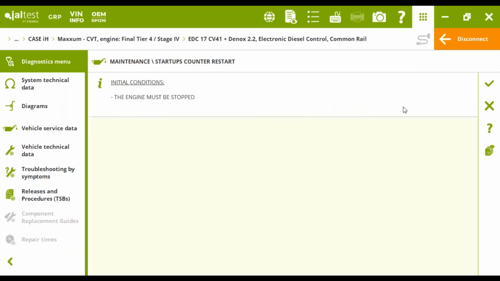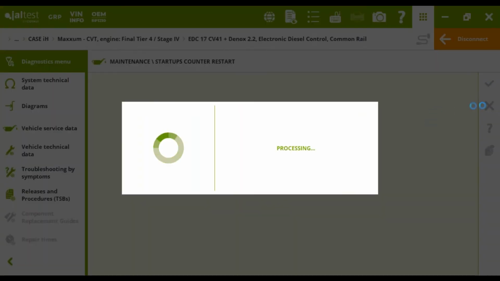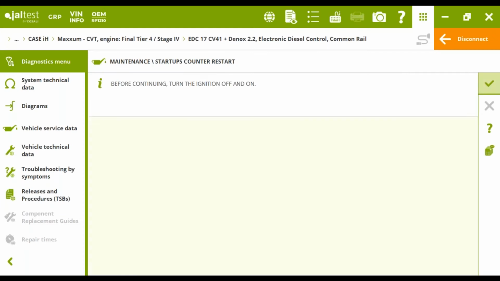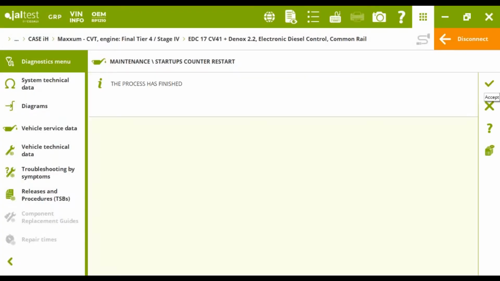We can click on check, and we perform the actuation easily, as we showed you before with the other options. In 2-3 different steps, we're going to be able to do this startups counter restart. Okay, the process has finished, and keeping